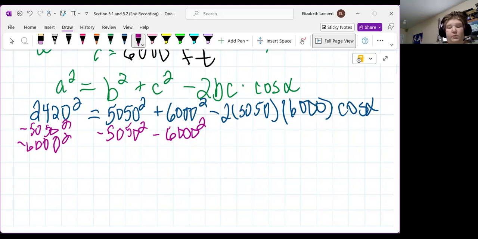Like whichever way you're most confident in getting results from the calculator. So 2420 squared minus 5050 squared minus 6,000 squared equals crazy ridiculous